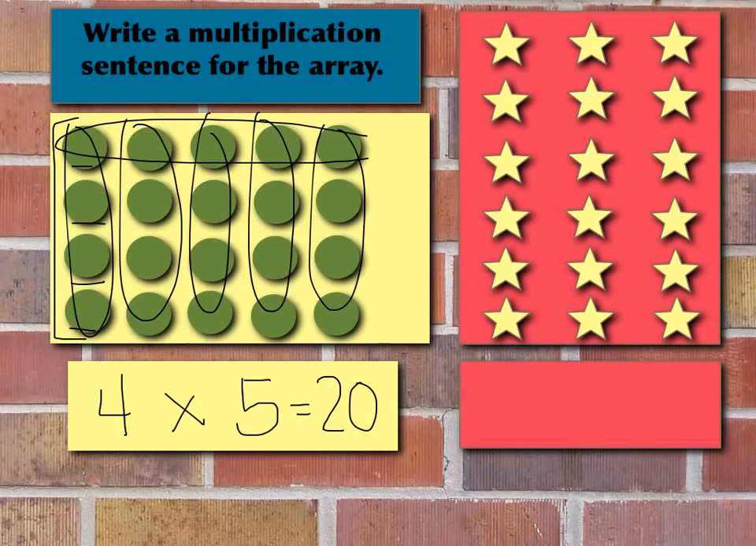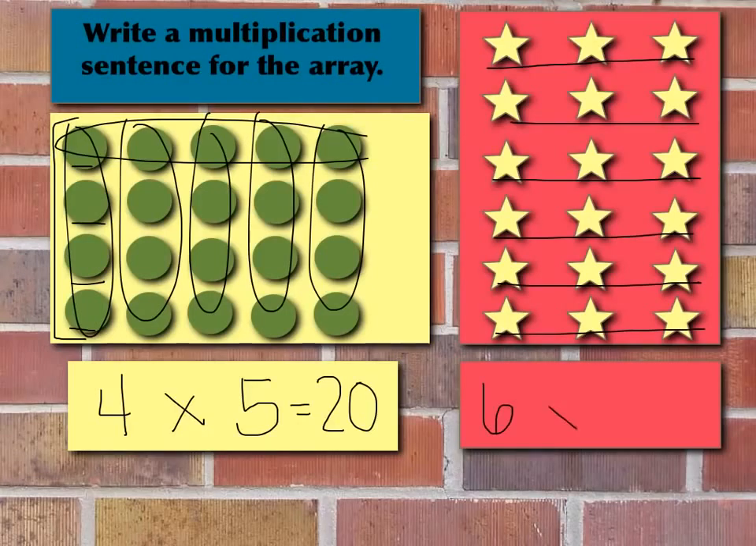Well, let's look over here at this one. How many rows do we have? 1, 2, 3, 4, 5, 6. We have 6 rows times, let's look at our columns, 1, 2, 3. Oh, we only have 3 columns. So we have 6 rows times 3 columns, and that equals